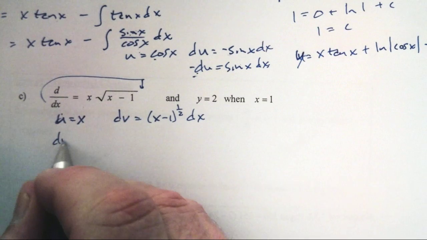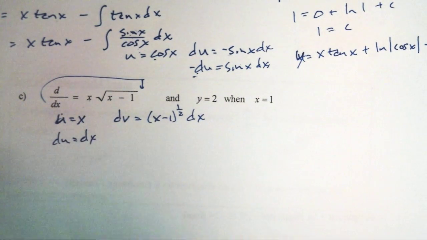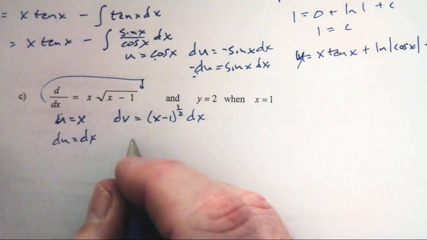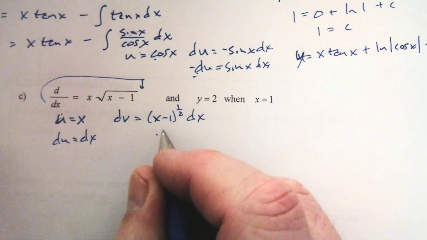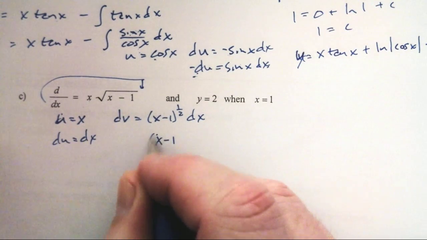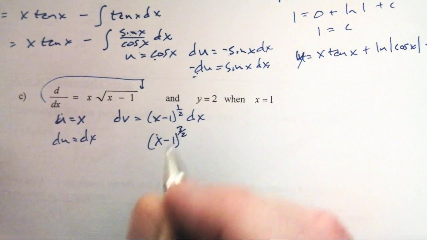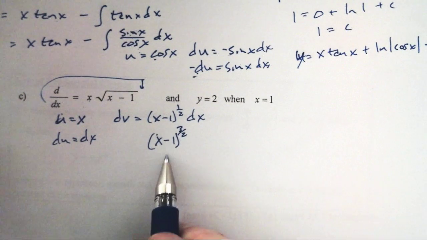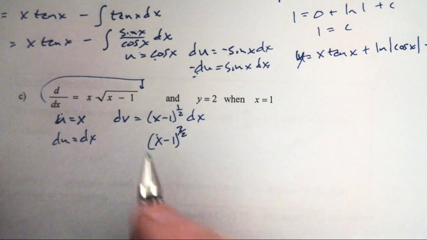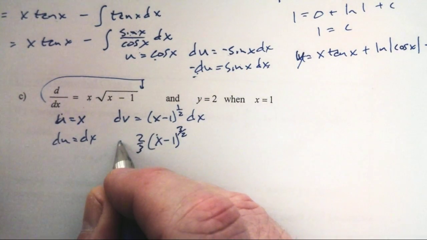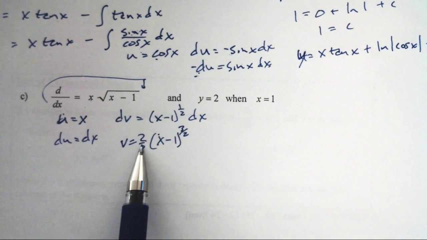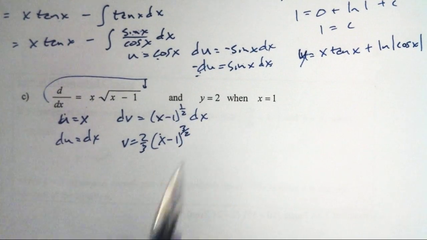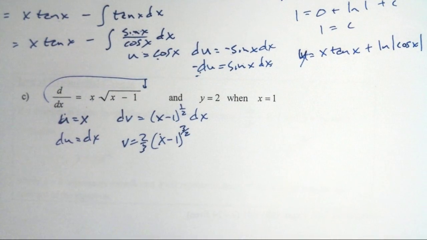The derivative of u, du, is just dx. dv, the integral of this would be x minus 1 to the 3/2 over 3/2, but over 3/2 is the same as times 2/3, and we're going to check that. All right, derivative, 2/3 times 3/2 is 1. x minus 1, reduce this. We've got it. So I think we're in business here,